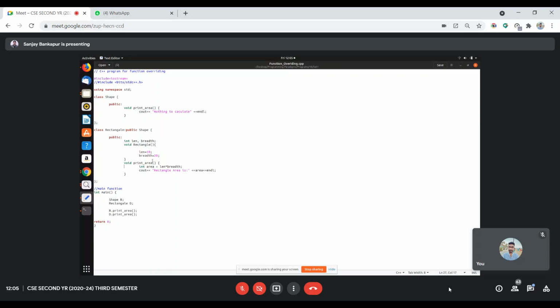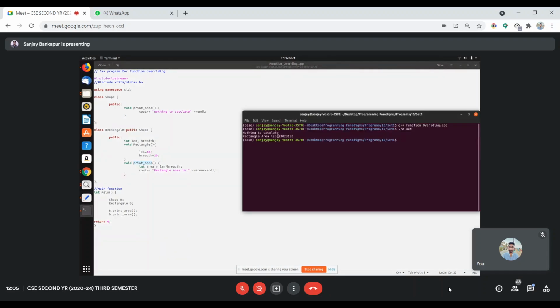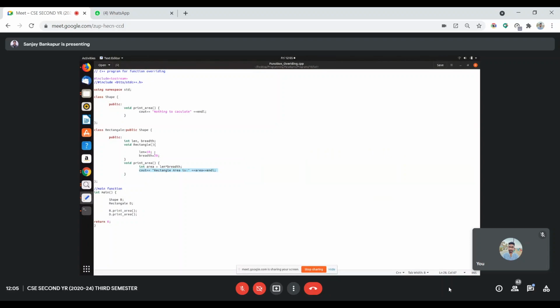So I've just added a logic, the same print area. It becomes easy to find print area for either rectangle, square, circle. It becomes easy to find it and also easy to override it. So in that case, we saw how function overriding helps us to implement real world scenarios. There are some dummy values picked up, but ultimately this method is invoked appropriately, these instructions are invoked appropriately based on print area of B and D.